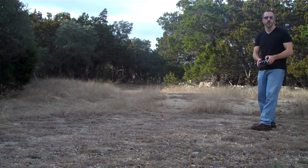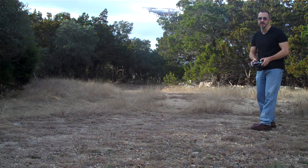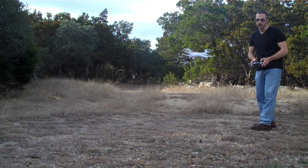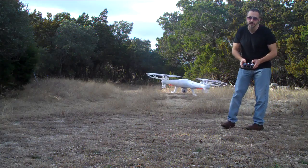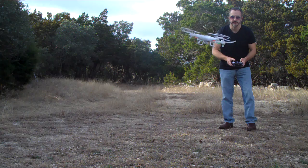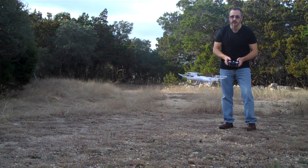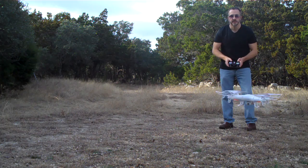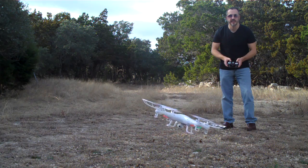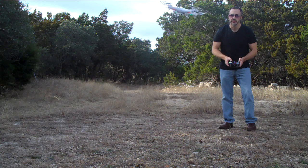You can hear it, I'm fairly certain that the DJI Phantom 2 is going to be quite a bit louder. But the thing about this battery life is it's really limited, and it only comes with one battery. Right? It only comes with the original set of props as well. What I found is I only get a very minimal amount of practice with this thing, with the battery life